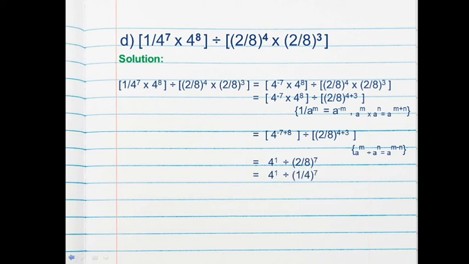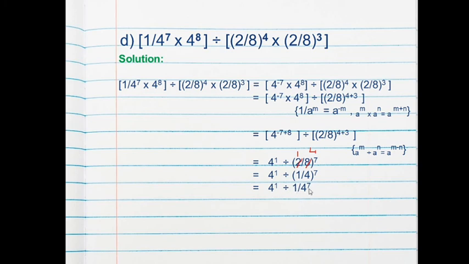So here 2 and 8 will get cancelled, so here we can write 1 by 4: it is 1 into 1 is 1, and 2 into 4 is 8. So here we got 1 upon 4 whole raised to the power 7, which is equal to 4 raised to the power 1 divided by 1 upon 4 raised to the power 7. So when the power is given as a whole for the numerator and the denominator, whole raised to the power 7, we can write 1 raised to the power 7 divided by 4 raised to the power 7, and 1 raised to the power 7 is equal to 1 only, that's why we have written here 1 divided by 4 raised to the power 7.